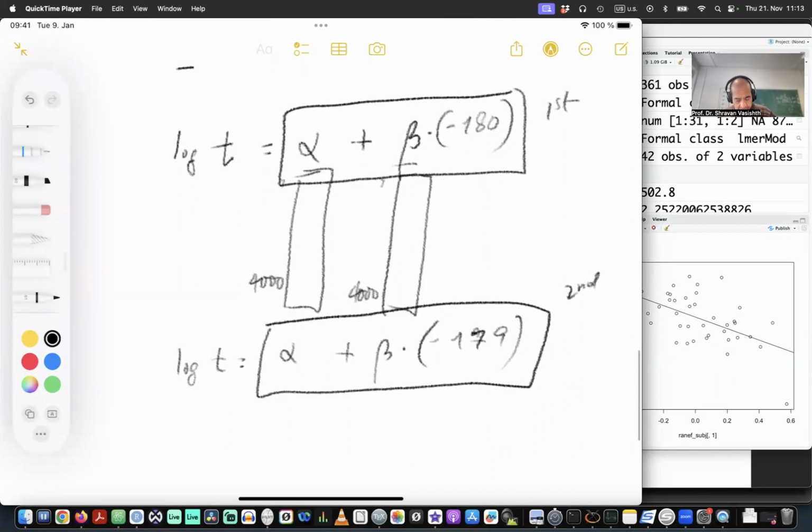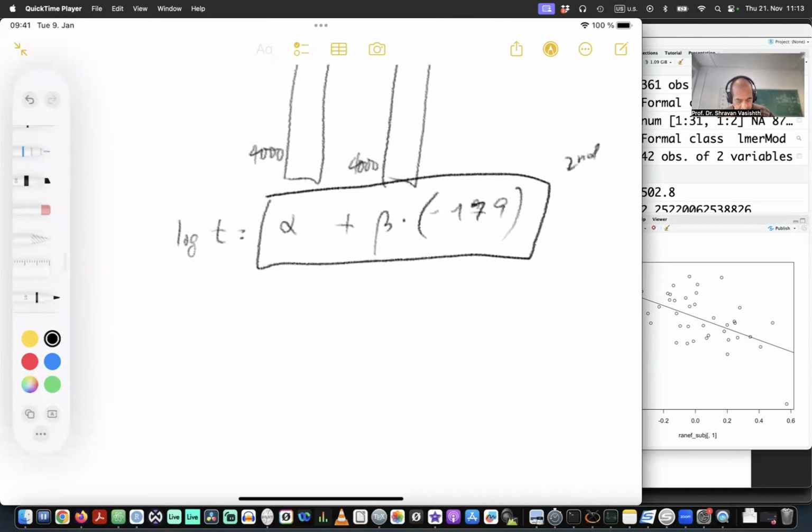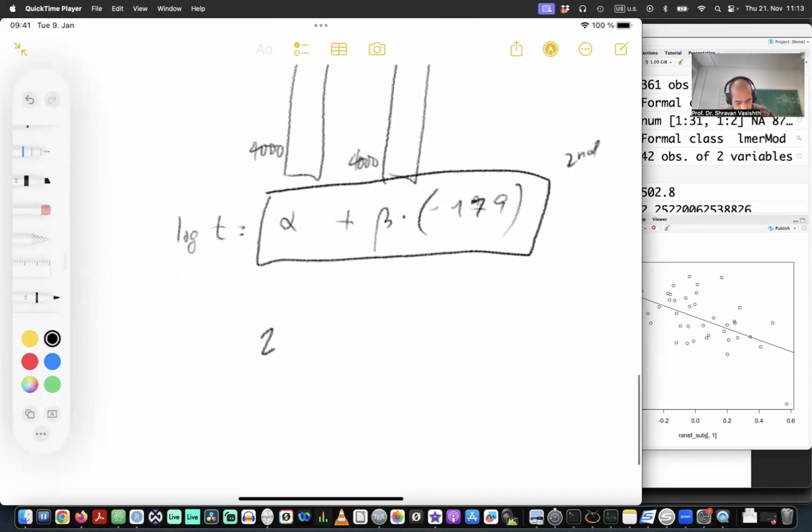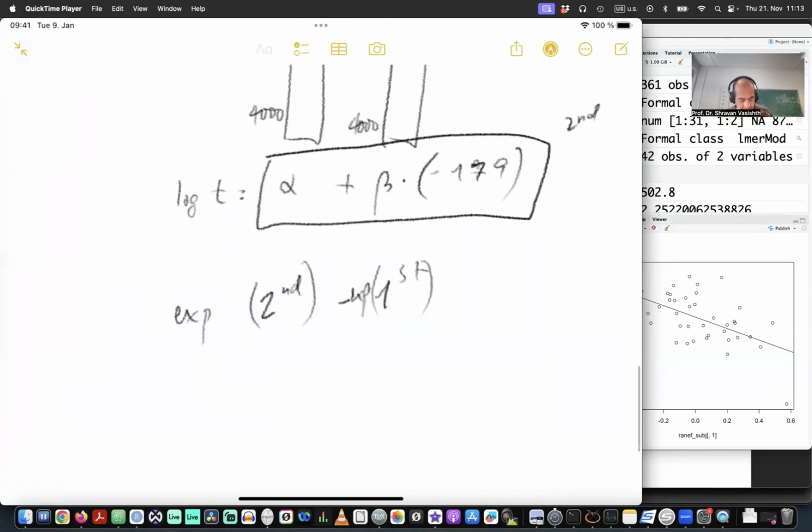So what I'm going to do is take the second button pressing time and subtract from it the first button pressing time, but I'm going to do it on the millisecond scale. So I'm going to exponentiate both the terms. So how do I do this exactly? What am I trying to do here? I'm going to take this